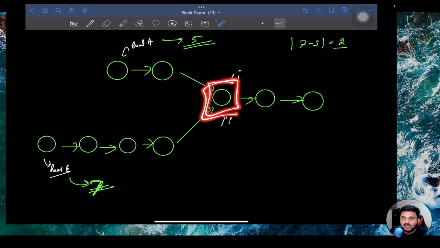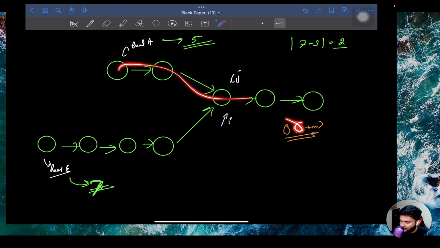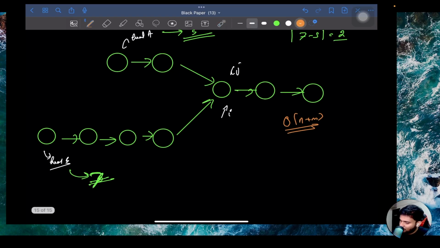The moment i and j point to each other, this node is the intersection of the two linked lists. Return i or return j, whichever you want. In order of n plus m time, you will be able to calculate the intersection of two linked lists, where n is the length of the first list and m is the length of the second list. Space complexity is order of 1 because you are not taking any extra data structure. That's how you can solve the intersection of two linked lists.